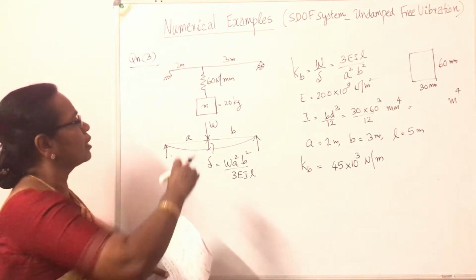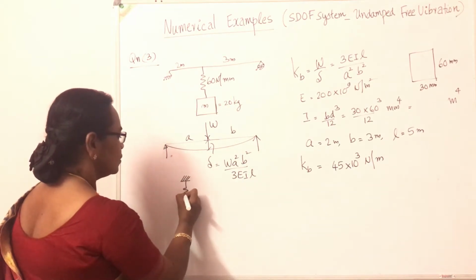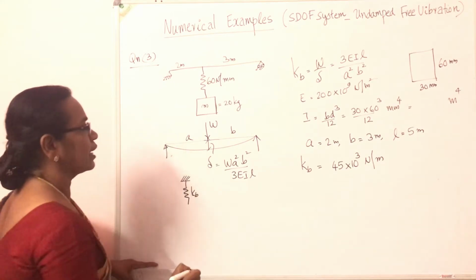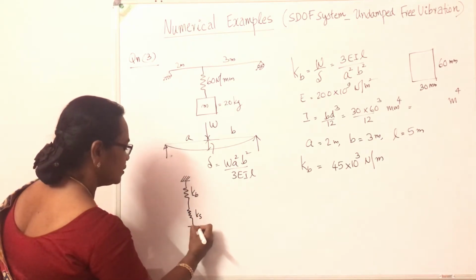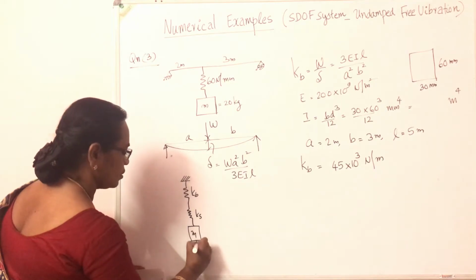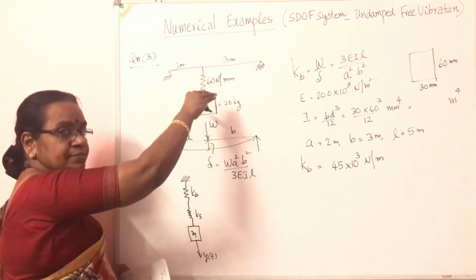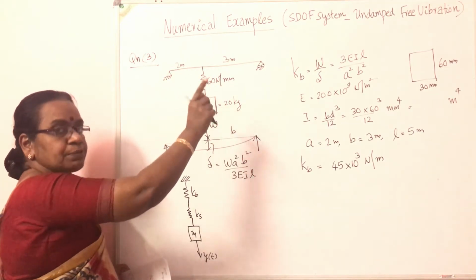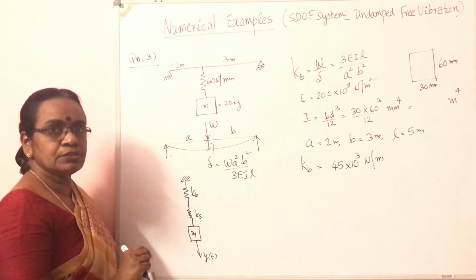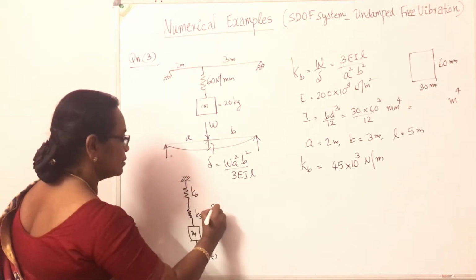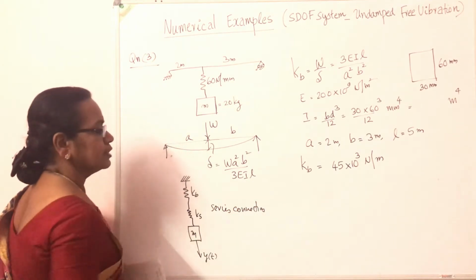Now, the question is, what is the frequency of vibration of the system? The spring mass idealization is: to the beam having stiffness Kb, a spring of stiffness Ks is attached, and the mass undergoes vertical or transverse vibration. The amount by which the beam deflects is one particular value y1, and the amount by which the spring deforms is different. So y1 and y2 are different, so the springs are in series connection.